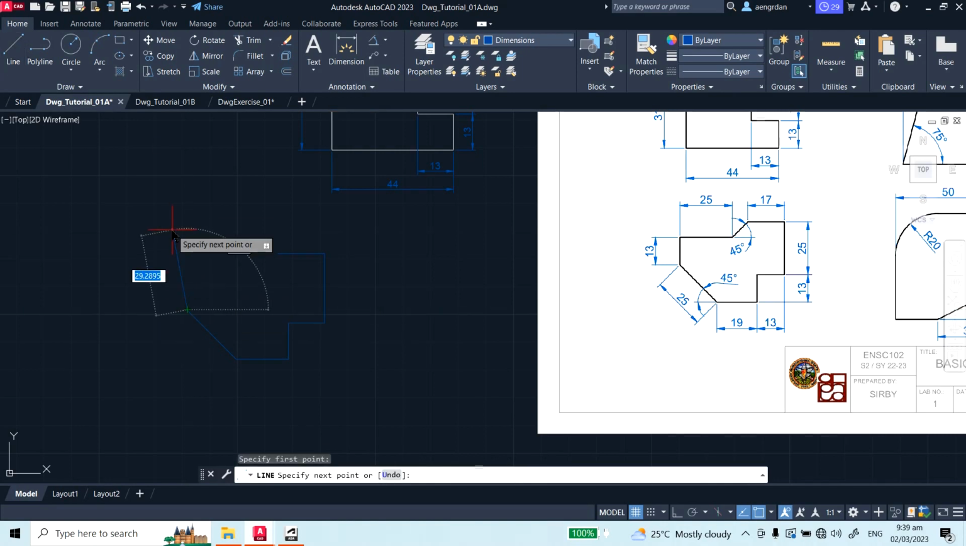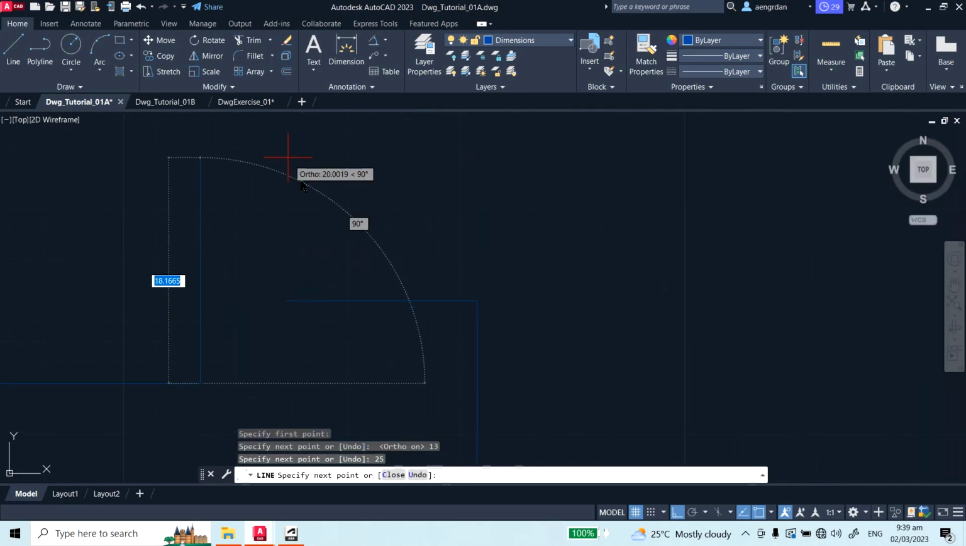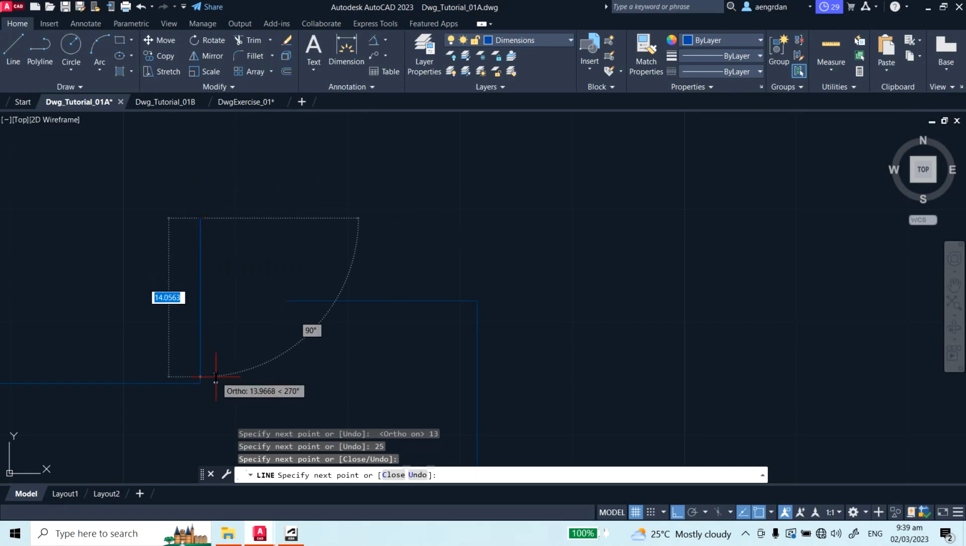Okay, so continuing now, line commands. So starting point, and then I'll type 13 and then 25 to the right. All right, so right here we can just do this. Maybe I'll just extend this and then click, extend it in whatever length, assuming that it will exceed this line. Okay, so I'll press enter,